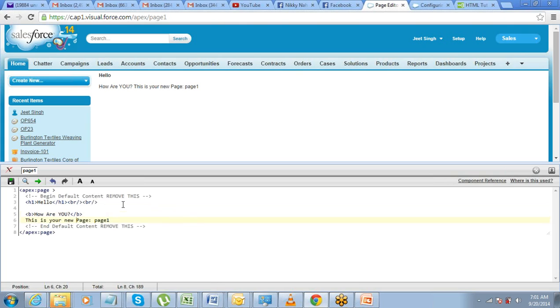Make it bold. If you want to make it italics, use this tag from HTML. Want to put a line break here. See, things are being controlled through my HTML tags. All right.